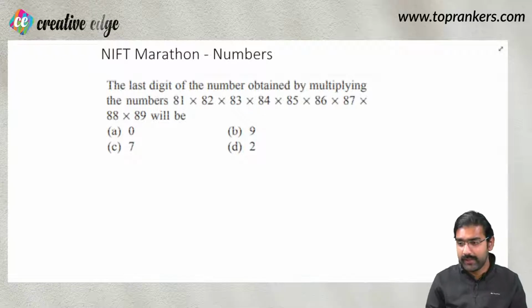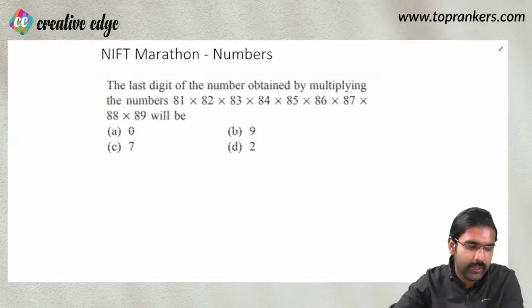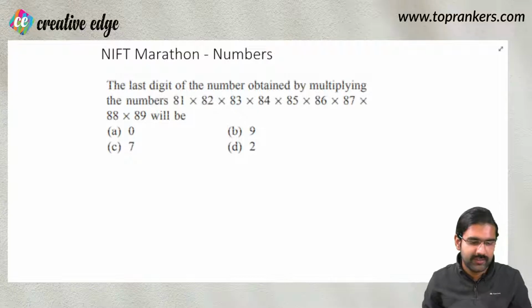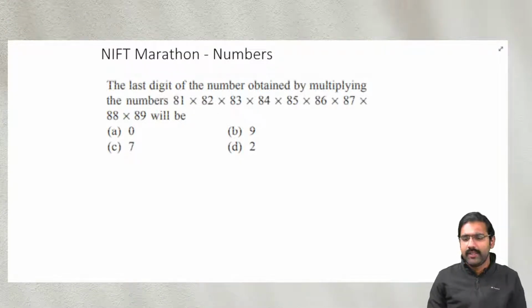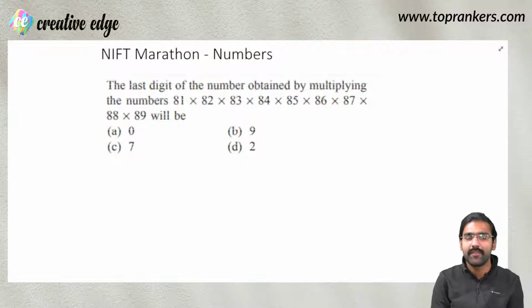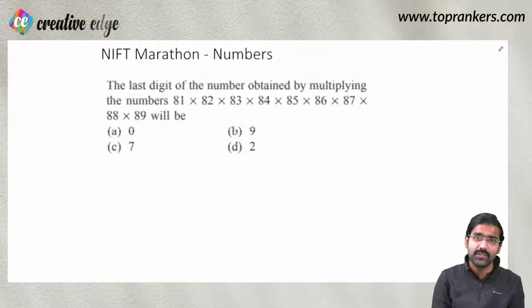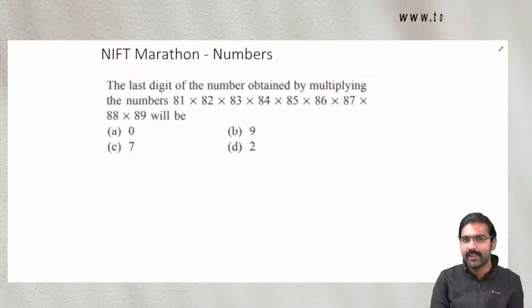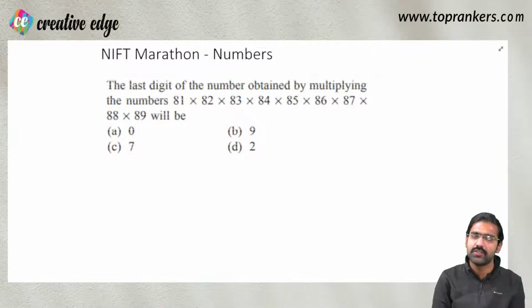In this video, in its NIFT marathon video, we shall be talking about the topic number system. As far as the NIFT entrance examination is considered, your exam is basically divided into two parts. One is GAT, General Aptitude Test, and second is CAT, which is Creative Aptitude or Ability Test. As far as GAT is considered, again, it has been bifurcated into several segments such as English, GK, and Aptitude, of course. And as far as Aptitude is considered, it again is bifurcated into two subsegments, which are Quantitative Aptitude